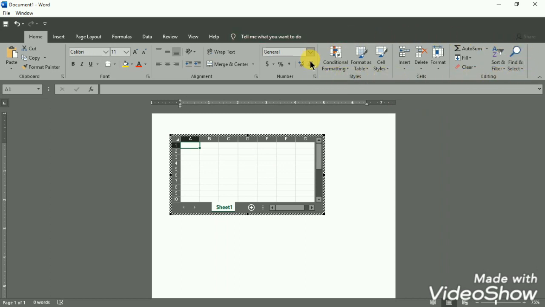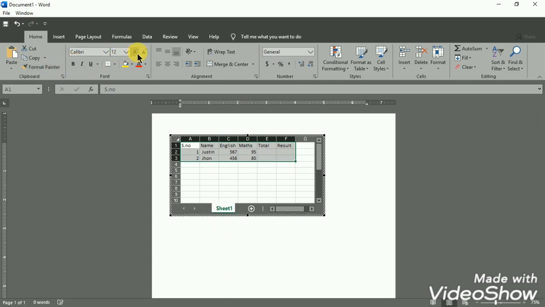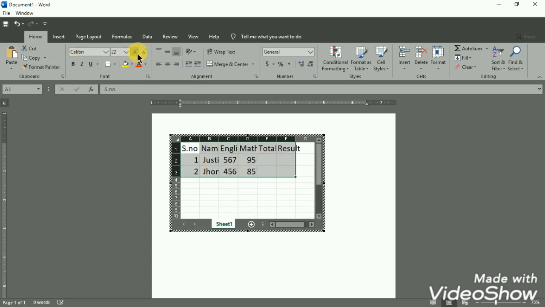When I select the Excel spreadsheet, the total environment of MS Word will change into the Excel spreadsheet. You can observe a home tab. Here we have styles group, cells group, editing group, but these are not present in Word because the total environment is changed into Excel. Now here I can edit the data, I can enter the data, and I can perform formulas. Now I am performing total.